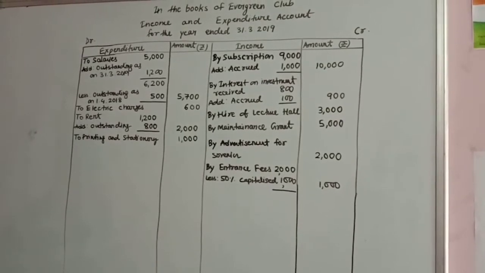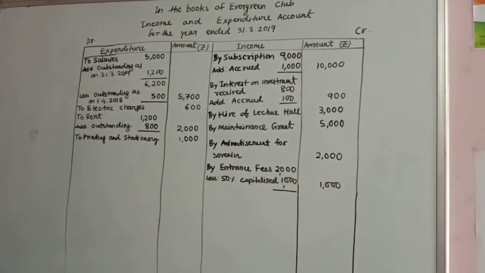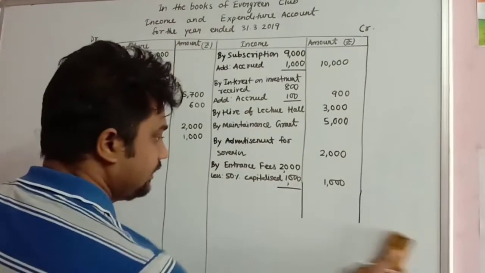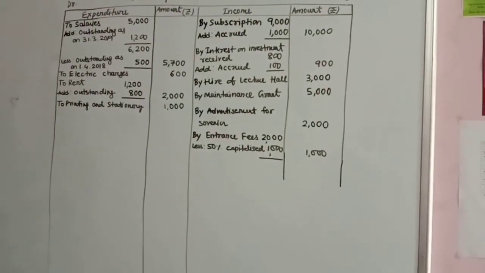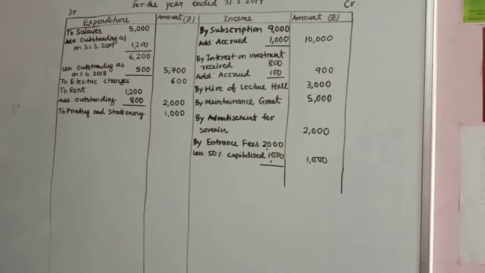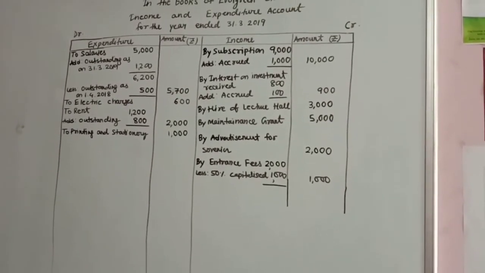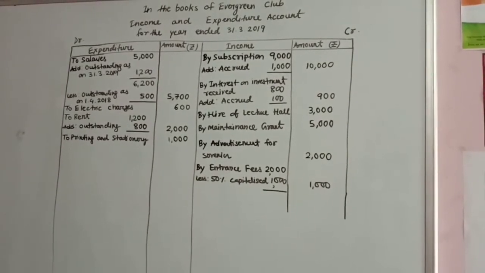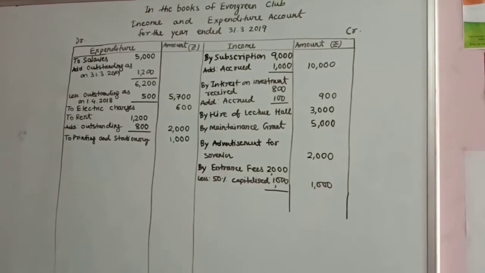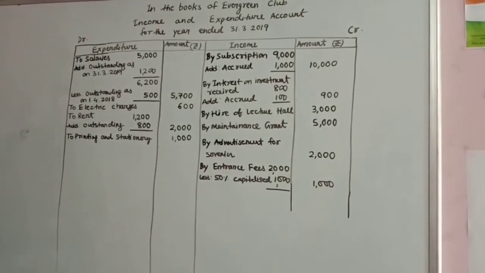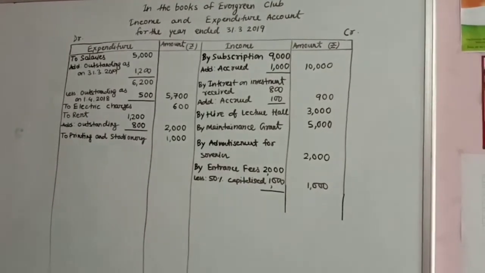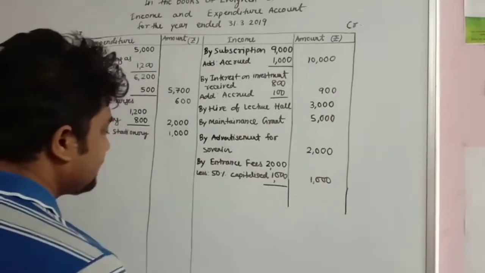Now see, additional information number 2, it has been provided that furniture is to be depreciated at 10%. Now we will do the working separately here. So how to calculate that? Now see, again it says that in the beginning of the year you had a furniture valued rupees 6,000. This furniture, which you had at the beginning of the year, has been used by you throughout the year, for all the 12 months. But the furniture that is given in the receipts and payments account, you have purchased on 1st of October amounting to rupees 4,000. So that furniture you have used for only 6 months.